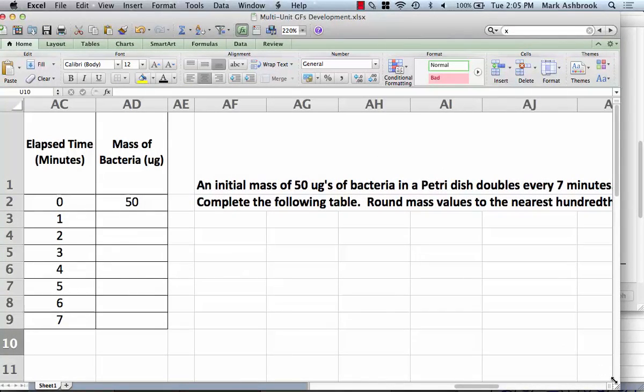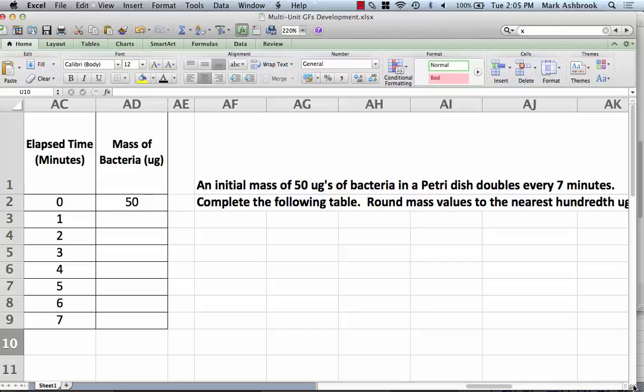Okay, so we've got an initial mass of 50 in a Petri dish. It's doubling every 7 minutes. We want to complete the table. And so here's kind of a new situation. So if it's doubling every 7 minutes, we know this is all about growth and decay factors. So as soon as we can in any given problem, we want to get a growth or decay factor to